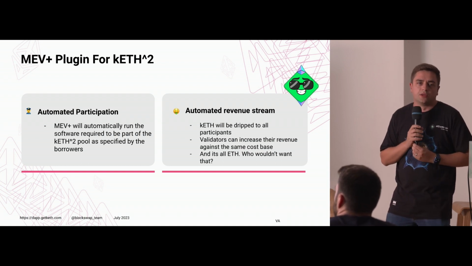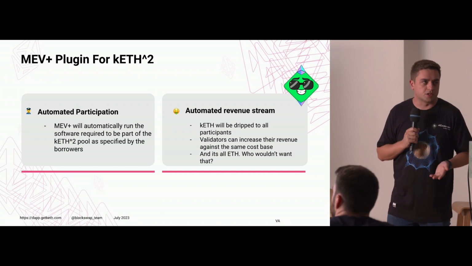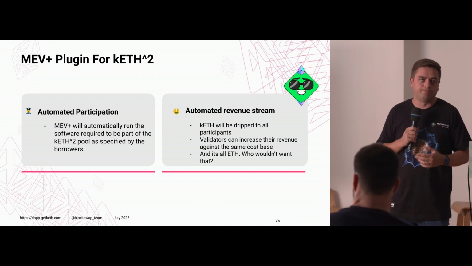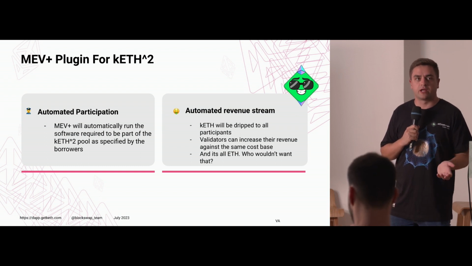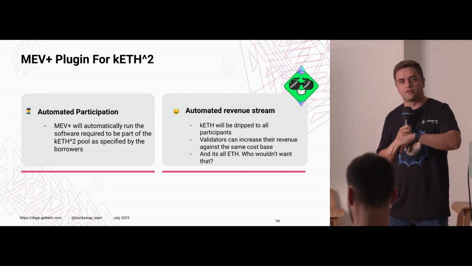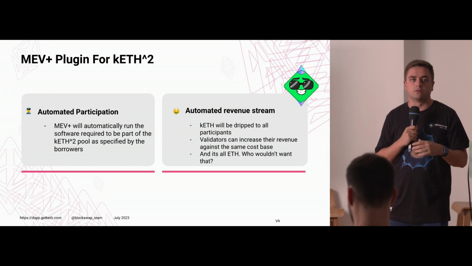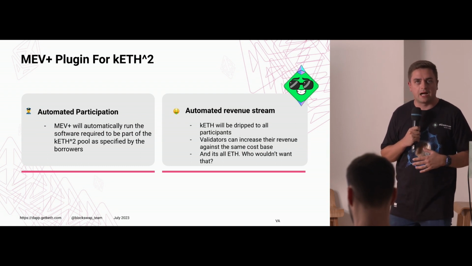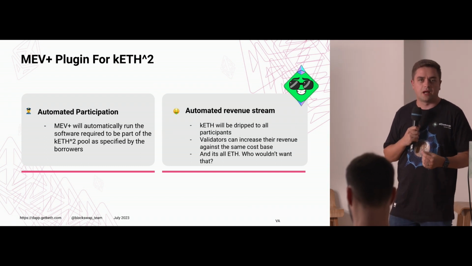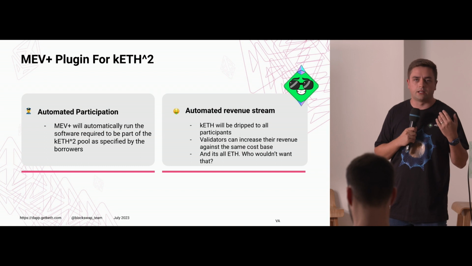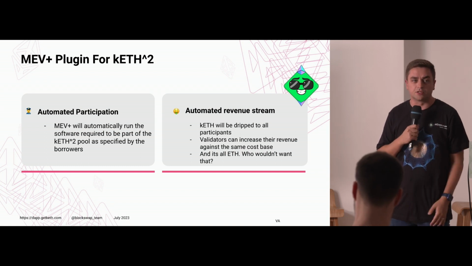So how do we make this as straightforward as possible for validators? It's very well to create one side of the market, the demand for validators to run middleware, but then how do you get the validators to run the software in the first place? And do that coordination and go around and beg people to do stuff.